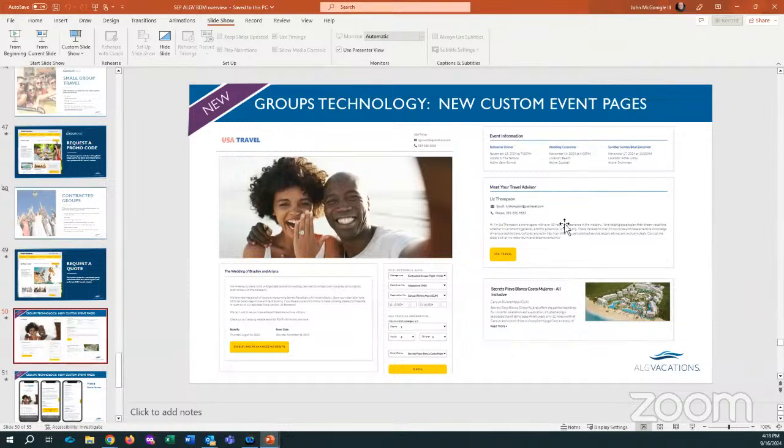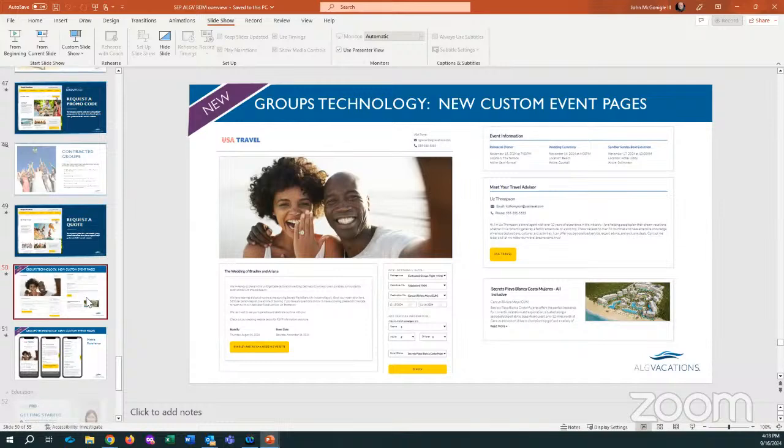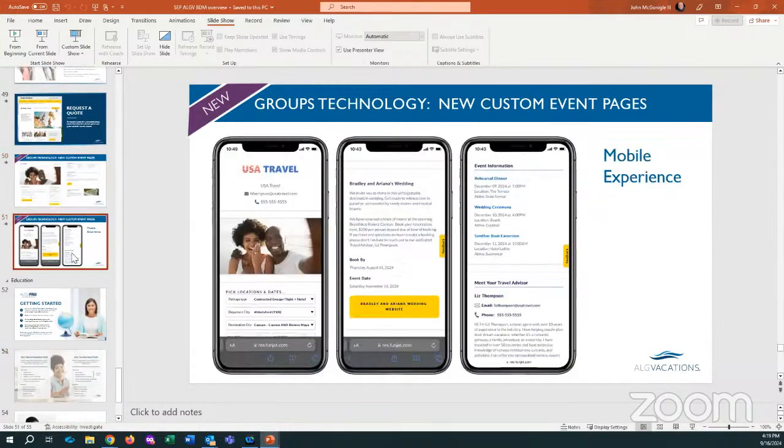They'll have the link to come back to you with your phone number and your details and your little bio here. We are still working, hopefully by the end of the year, we'll have the ability for you to upload your own photo into that so they can actually see you as well. Well, what does it look like? That's why we've used ALG Vacations to be mobile friendly. So we can share this information. You can share the information with your guests that they can look on it on their cell phone. It's exactly how it's going to look. Come and join the wedding party for Bradley and Ariana, all the blurb about them.